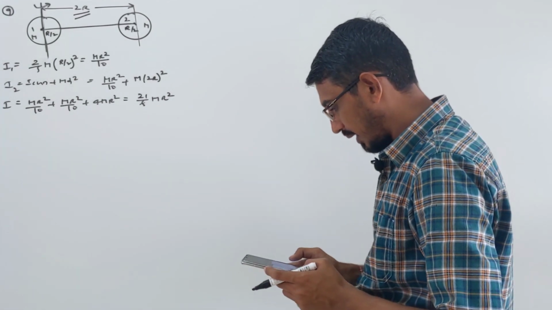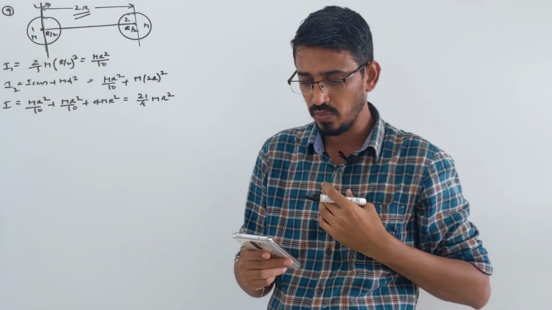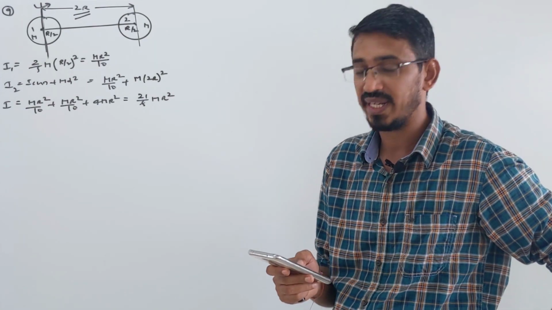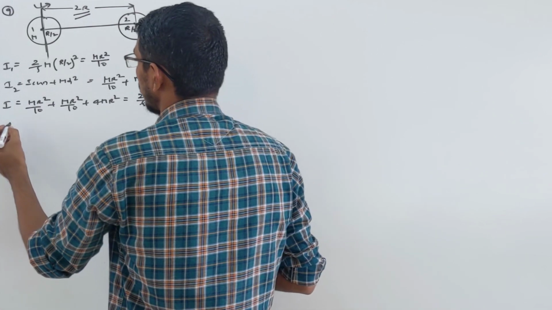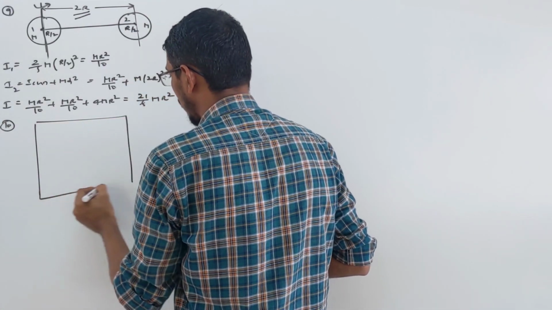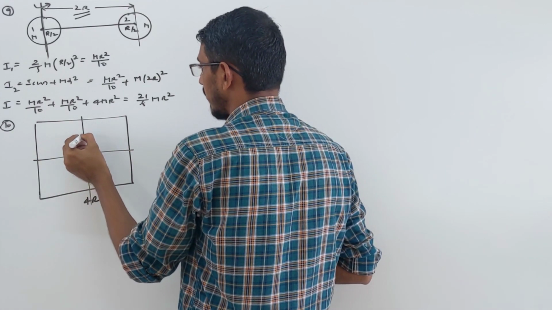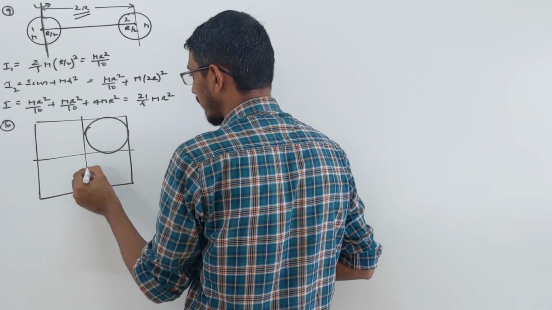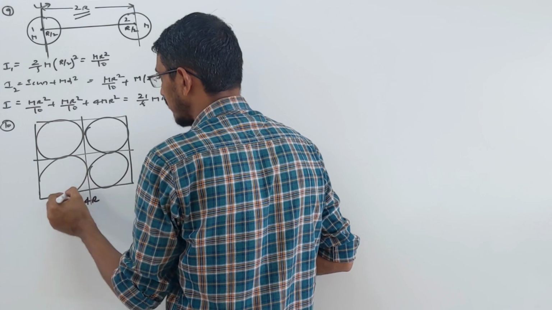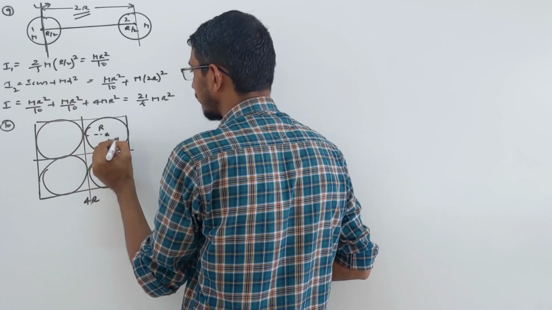Okay, let's see question number 10 now. 4 holes of each radius r are cut from a thin square plate of side 4r and mass m. The moment of inertia of the remaining portion about z axis is what? So question number 10. There is a square sheet of side 4r, and we are cutting circular discs from this, 4 discs of each radius r. Then they are asking what's the inertia of the remaining part.